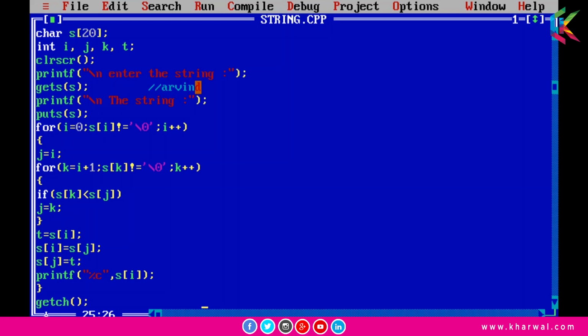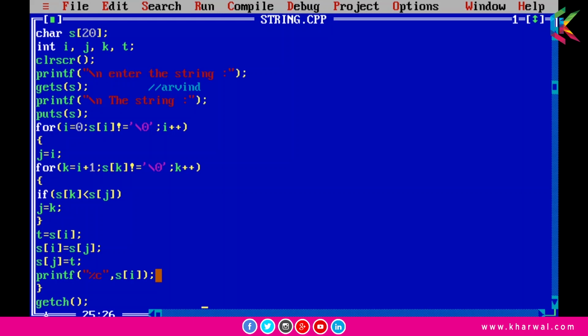So the second smallest element will be d after a, and then we can print this character by using this printf function, and in the next iteration we will get i as a smallest alphabet, and then n, r, and at the end we will get v as a smallest element.